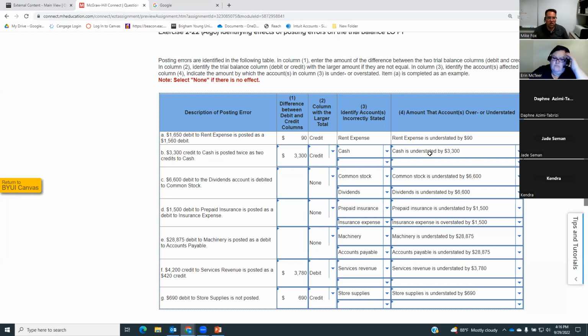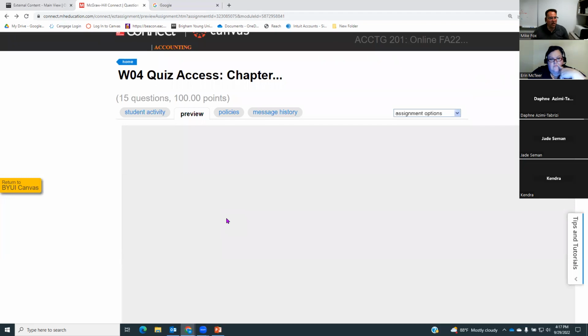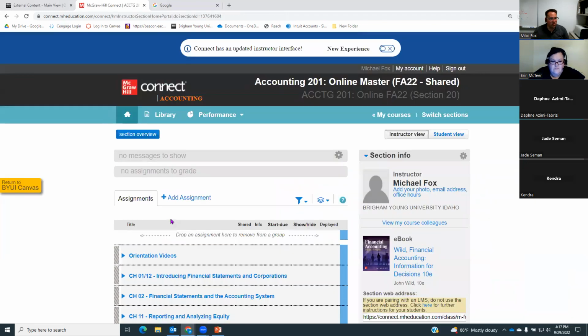So I believe on ours, if you select where you put in the 3,300, for each one it says plus 3,300, minus 3,300, and then there's a plus/minus. Right here in this column, on our question. That's the part that threw me. Let me see if I can go back to this assignment and do a student view so I can see what you're seeing.